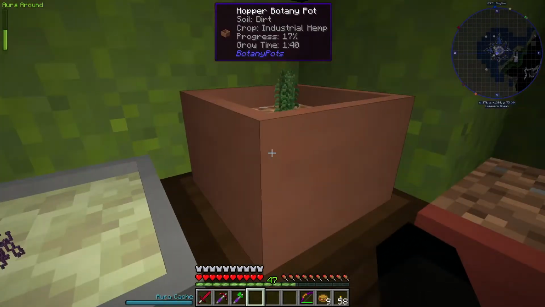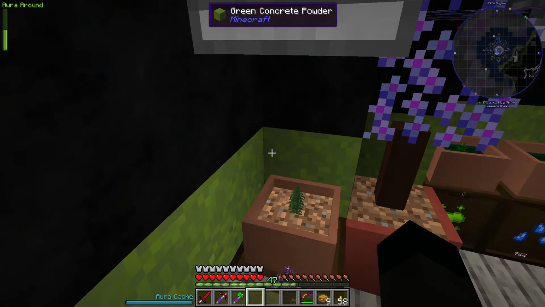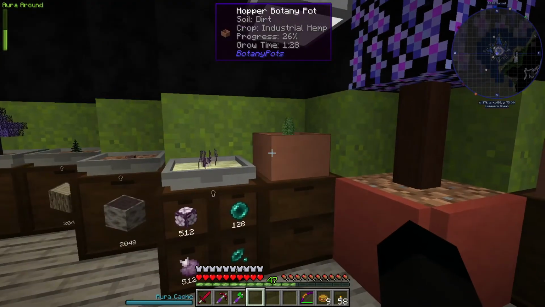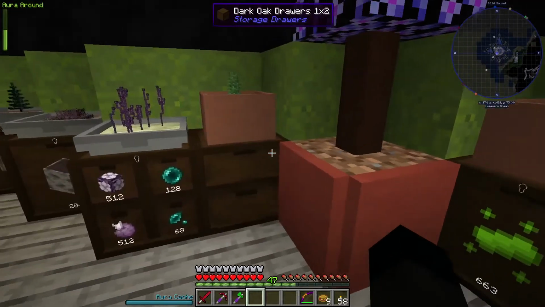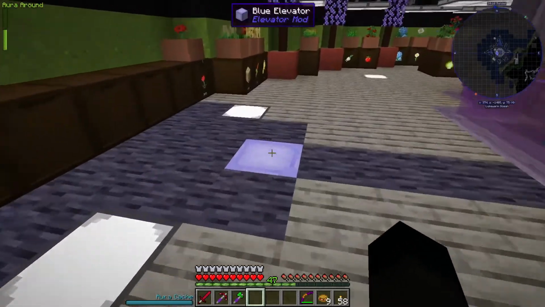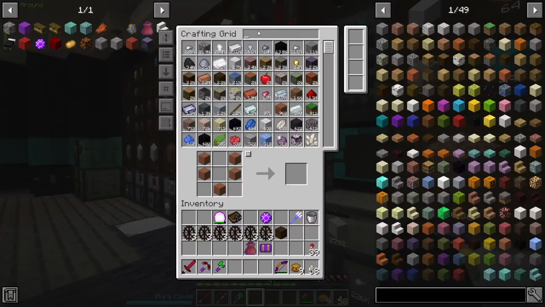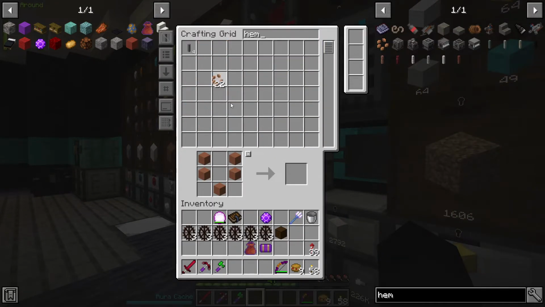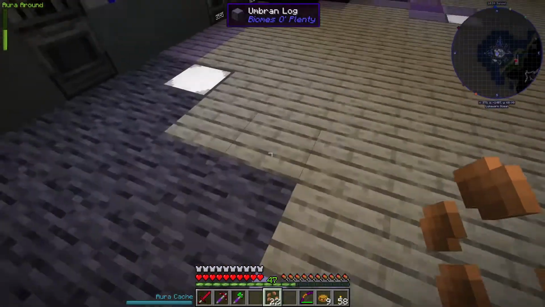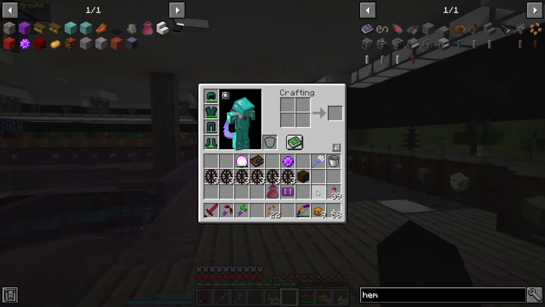But I think this should be okay for growing to full growth. Anyway, we'll let that just do its thing. In fact, I need it to grow once because I want to lock this down and make sure it has got the relevant stuff in it, like hemp seeds. But if we've got these hopping bonsai pots with the red soil for the maximum growth, I think you can get away with the...